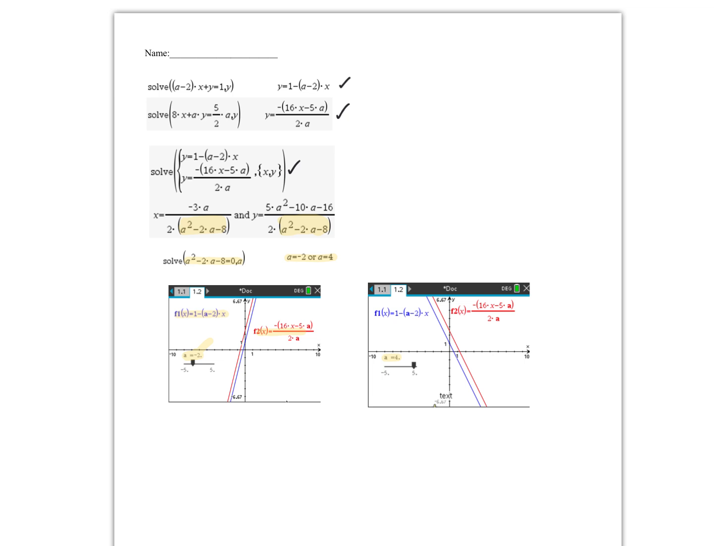So we knew from above that at a equal to -2 or a equal to 4, we get the same gradient. What we weren't sure about is whether or not it was the same gradient and the same y-intercept. So clearly on the graph, we can see that they're different y-intercepts. So